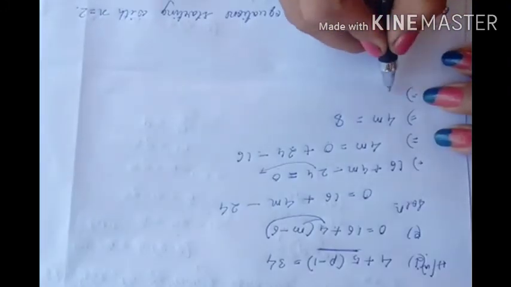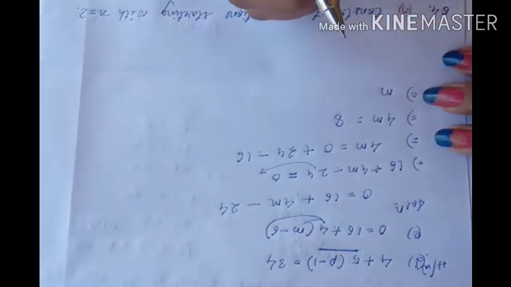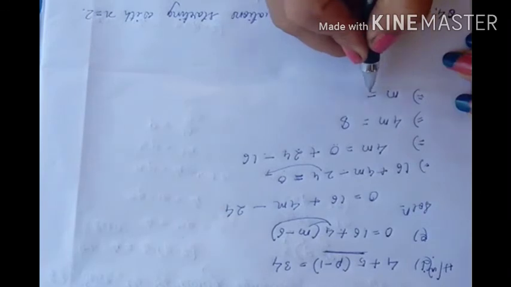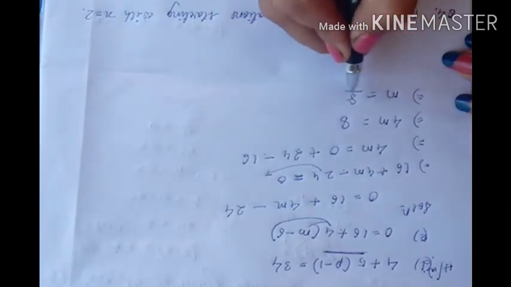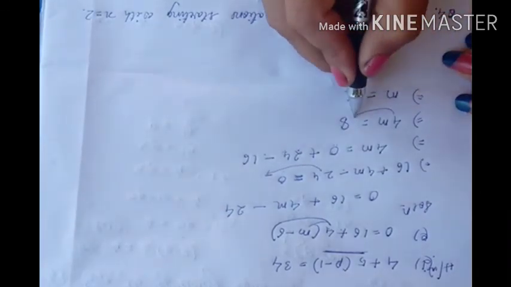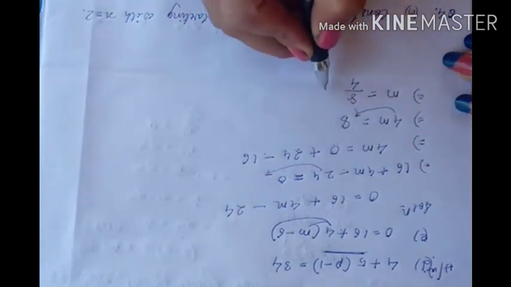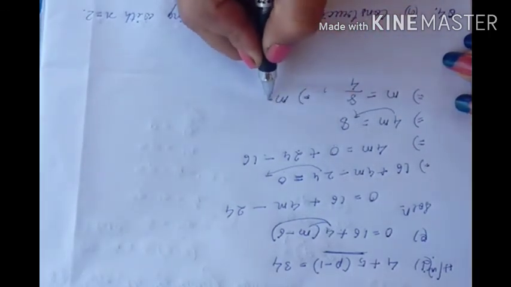Now again we need only the m value, isn't it? We have to find only the value of the variable, means the alphabet we have to find. So m equal to, this is 8 and here it is multiply. If you transpose to the right hand side, again it will become what? Divide. Now 8 divide 4, how much will you get? M equal to 2. So what is the value of m here? We got the variable here 2. Okay, 2 is your answer now.